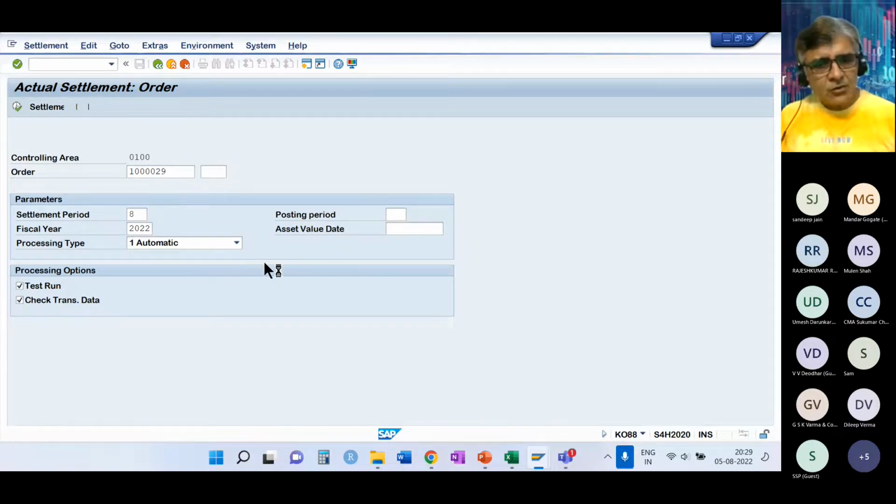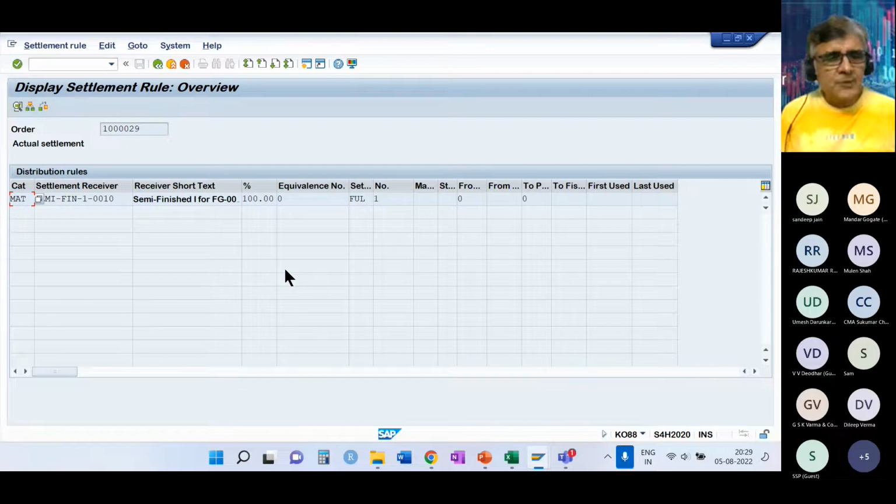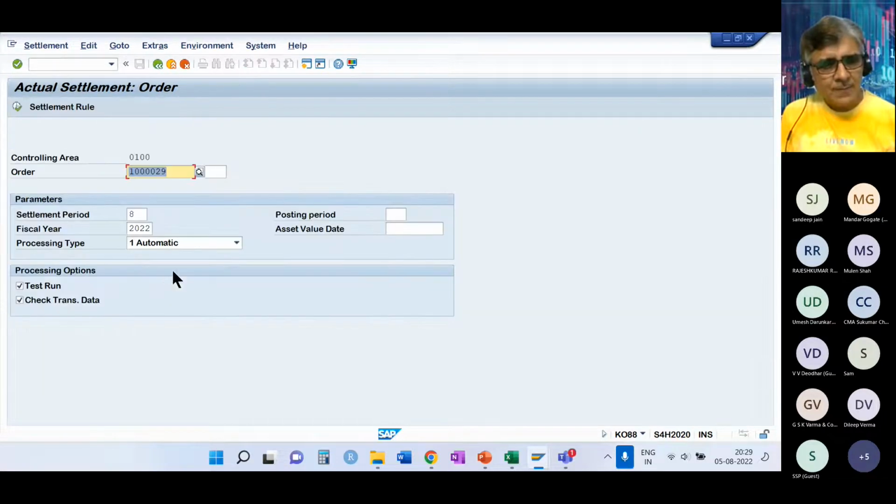There is a settlement rule which specifies that for the variance, the sender is the production order and the receiver is this material. So it will receive 100% of the variance. That is what the settlement rule means.